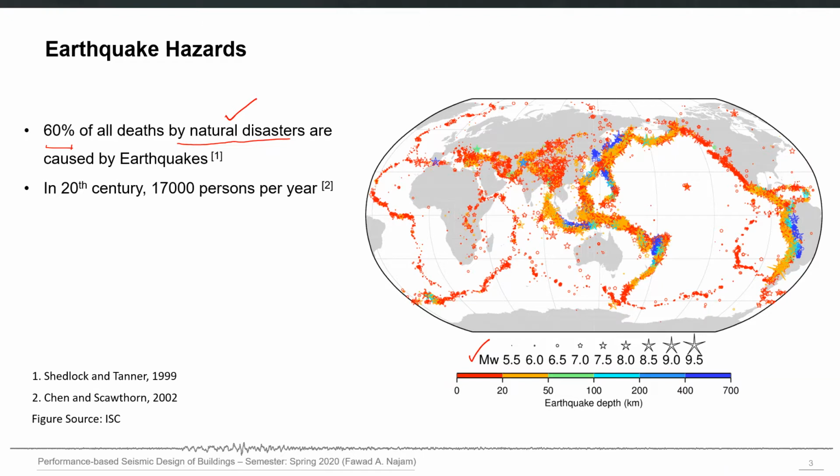You can see in this figure that earthquakes occur at several locations, and some of the locations of several mega earthquakes, here you can see big stars, are located on very densely populated areas. Here for example, here. So several big cities are located on earthquake prone areas, and they have been hit by several devastating earthquakes in the 20th century. So earthquakes are one of the biggest causes out of all natural disasters, causing around 60% of the total deaths.